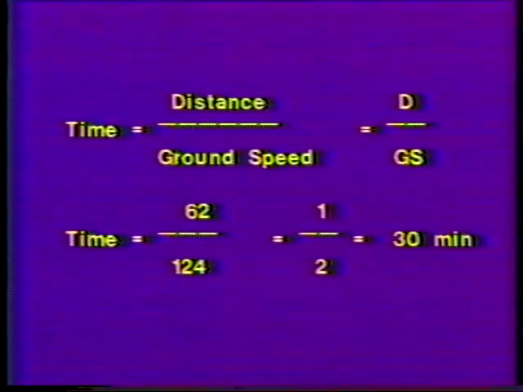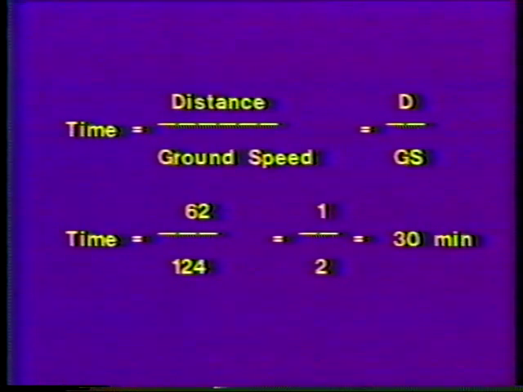Knowing the wind conditions, we can do further calculations regarding time and distance to compute ground speed, our actual speed over the ground track. These calculations give us figures by which we can estimate time en route, time of arrival, and the very important aspect of fuel consumption, without which we might have a surprise landing. After determining ground speed, which will be explained in detail in later segments, the idea is to use the formula time equals distance over ground speed to determine the time it will take to complete your trip.